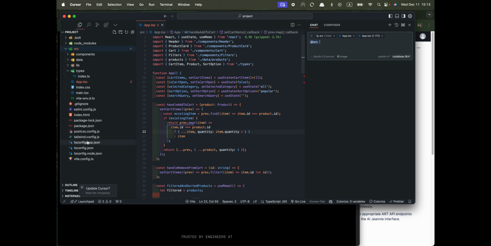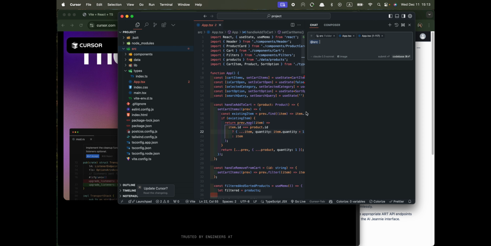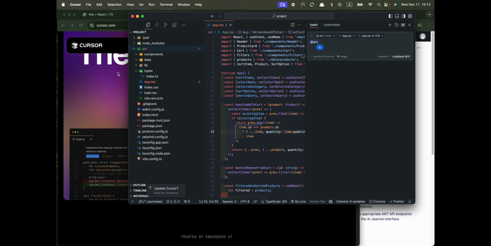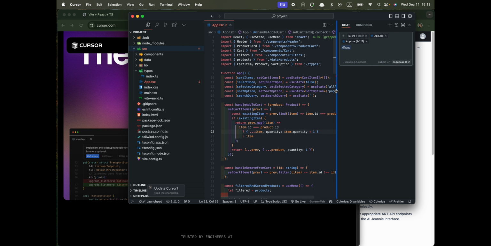So instead of typing manually every single file, you can type into the source, and this will index all the files and respond to your prompt, just like retrieval augmented generation. That is an additional topic that I could talk about in a separate video. But going back to the topic,